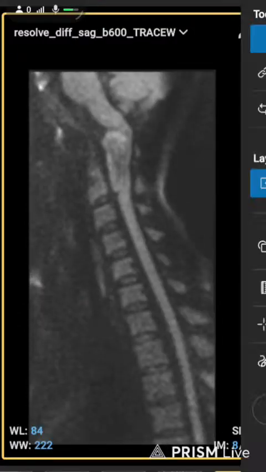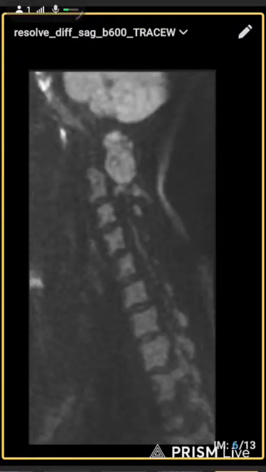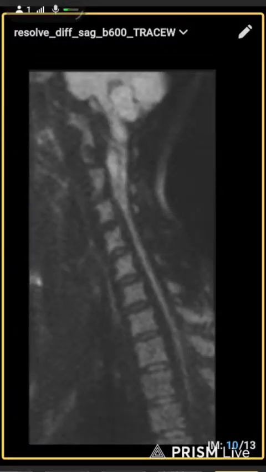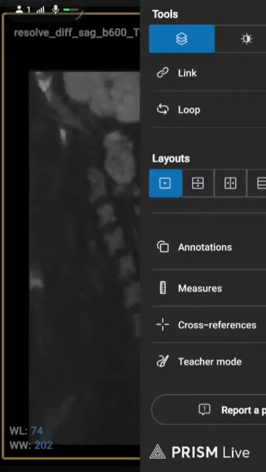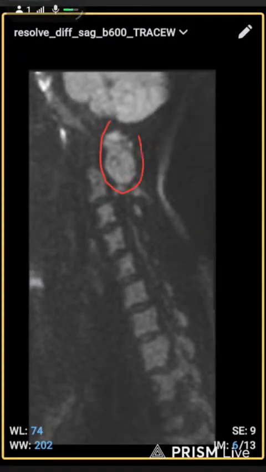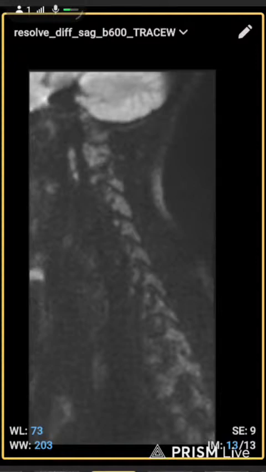Here you can see the lesion was that much in the middle of the spinal cord. After that it's enlarged that much, so it's the most